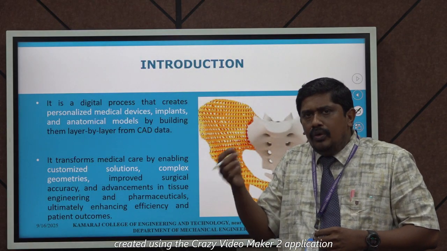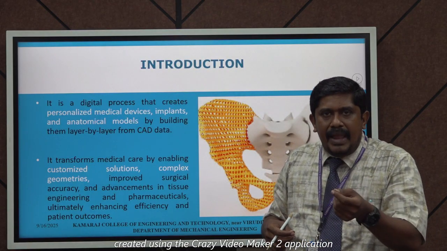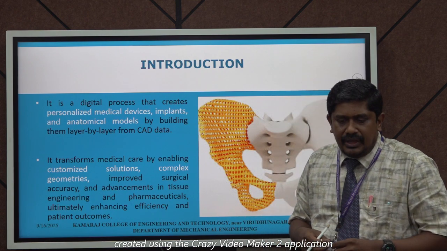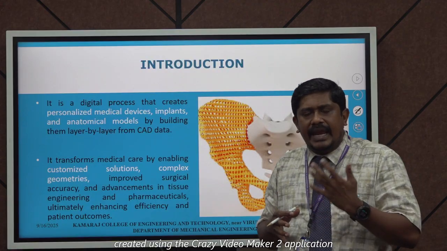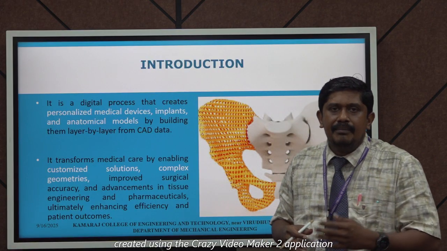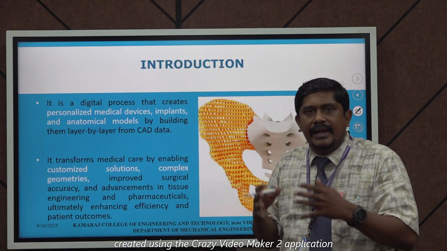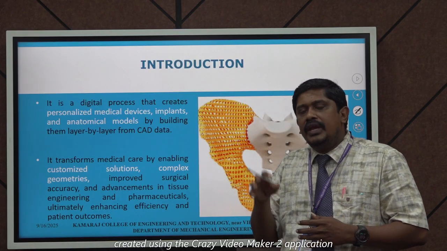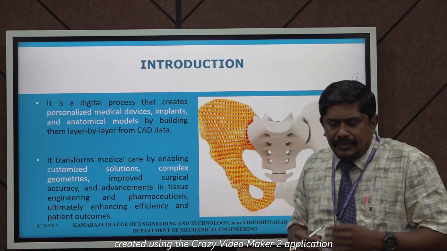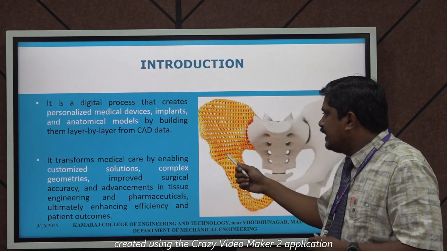We create bone as well as implants by using metal additive manufacturing. Mostly we have used titanium, and in polymer we have used PMMA material. These are the materials widely used in additive manufacturing in the medical field, and it transforms medical care